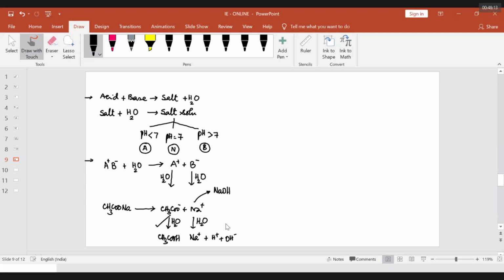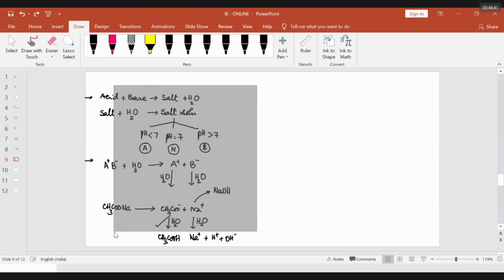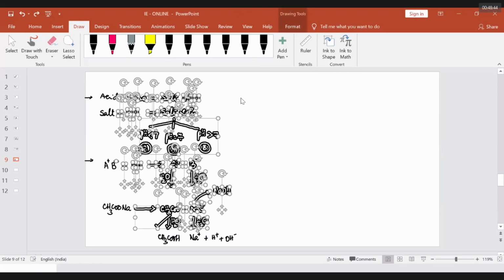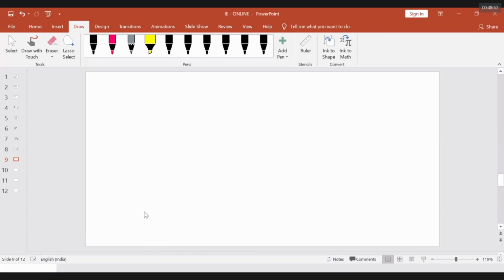Salt hydrolysis is defined as a process in which, when a salt is dissolved in water, ions of salt selectively react with ions of water, resulting in an acidic solution, basic solution, or neutral solution. And when they do so, we'll discuss in the next class. I'll give you one definition, write it down properly, and then we'll pack up. Now, the heading: salt hydrolysis.